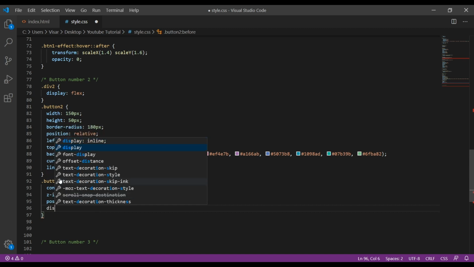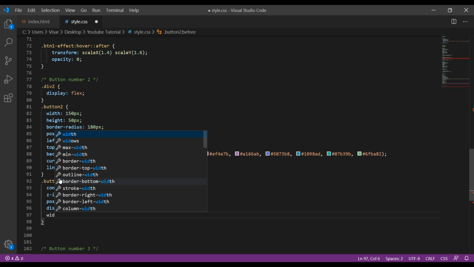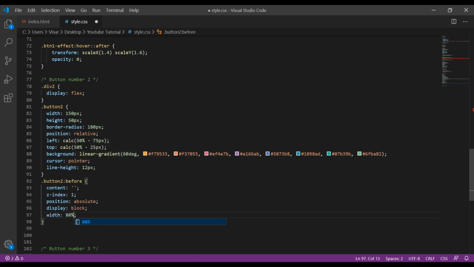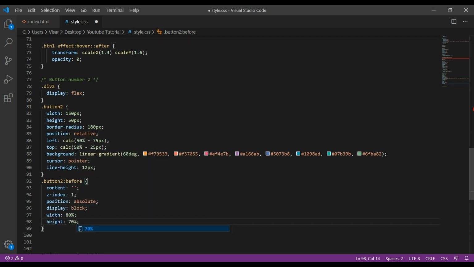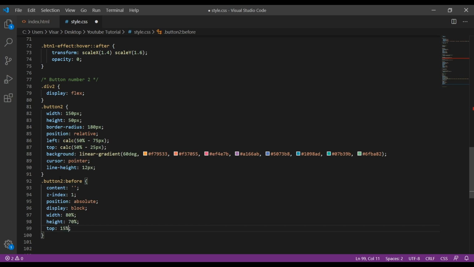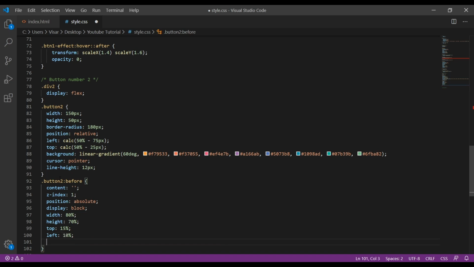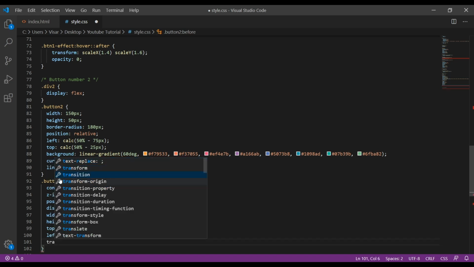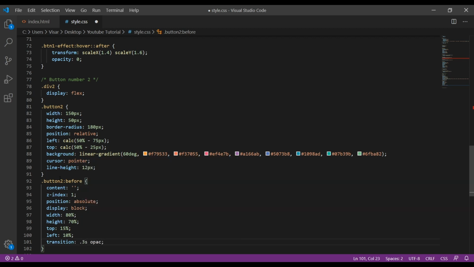We're going to display block, width will be 80%, height will be 70%, top will be 15%, left will be 10%, transition 0.3 seconds, opacity ease in out,